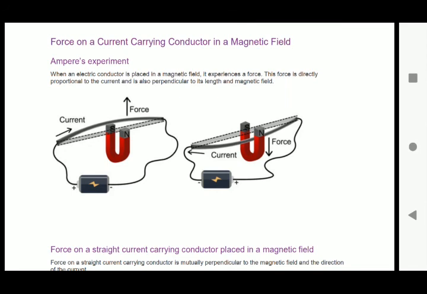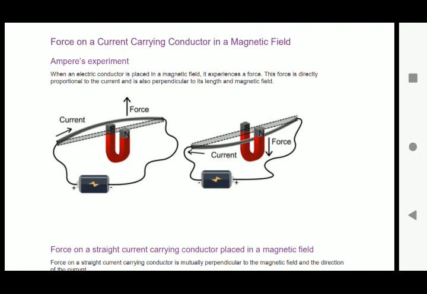Connect the aluminum rod in series with a battery, a key and a rheostat. Now pass a current through the aluminum rod from one end to the other end. What do you observe? You can see that the rod is displaced towards the left. If you connect the end B to end A, then you can see that the rod is displaced towards the left.